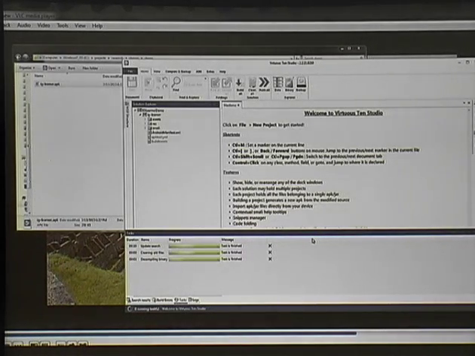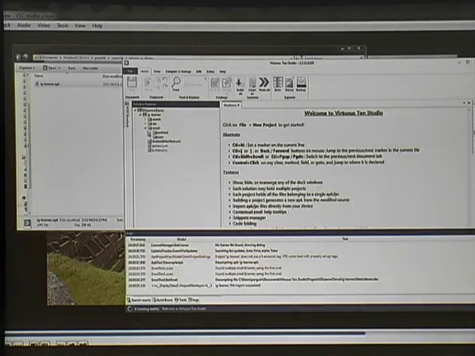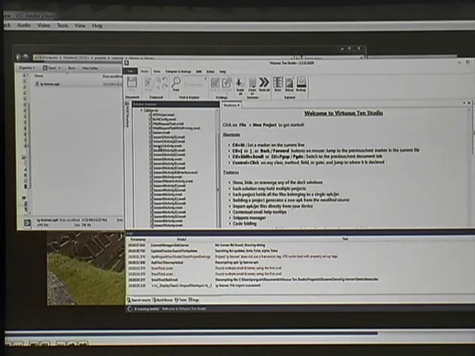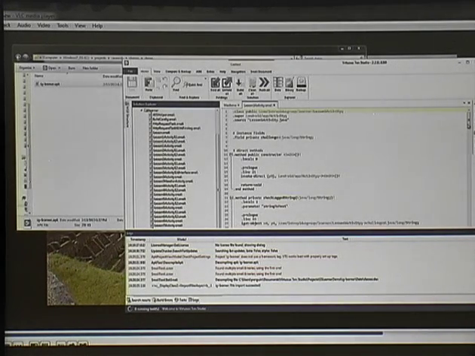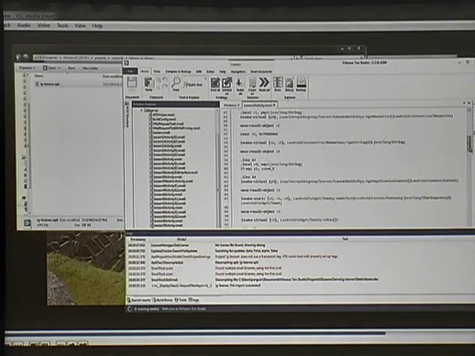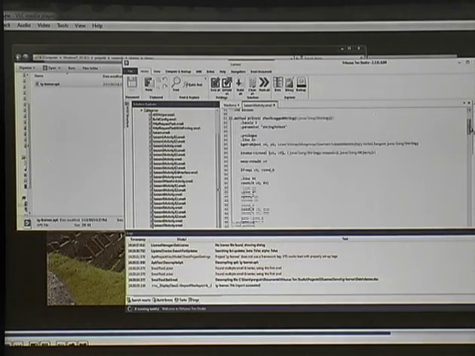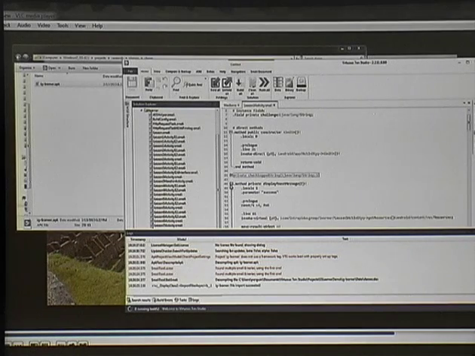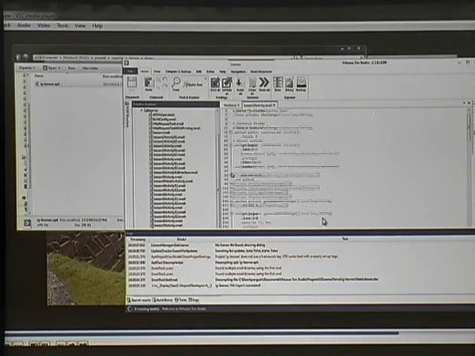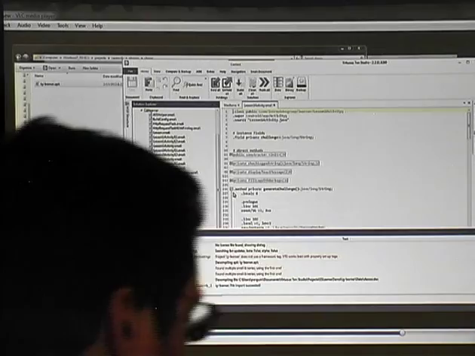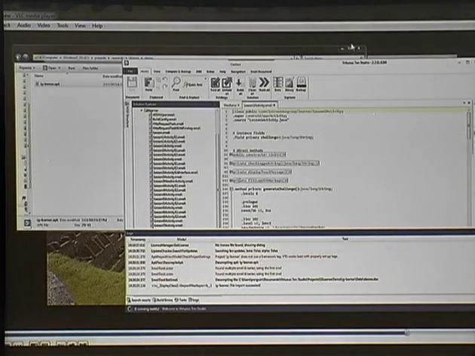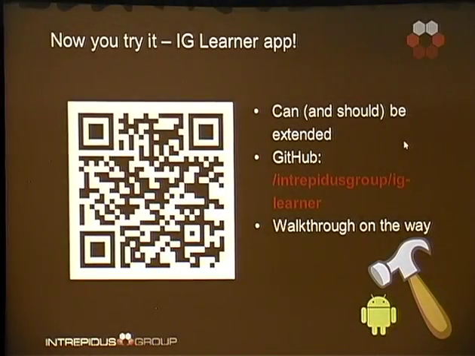So I'm going to kill the video a little early here just to save some time, but I'm going to tell you that with this tool, which is, by the way, a great tool, Virtuous Ten Studio is its name, you can just recompile it and push it back at the click of a button, which is pretty simple. You can just take my word for it that it's going to push back and execute just fine. I know that I'm running a little bit short on time, so I'm just going to close this up right here.